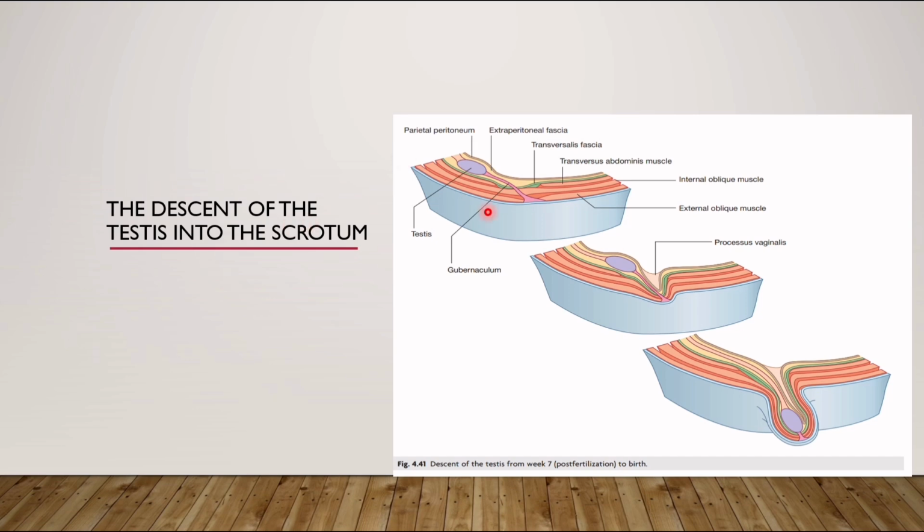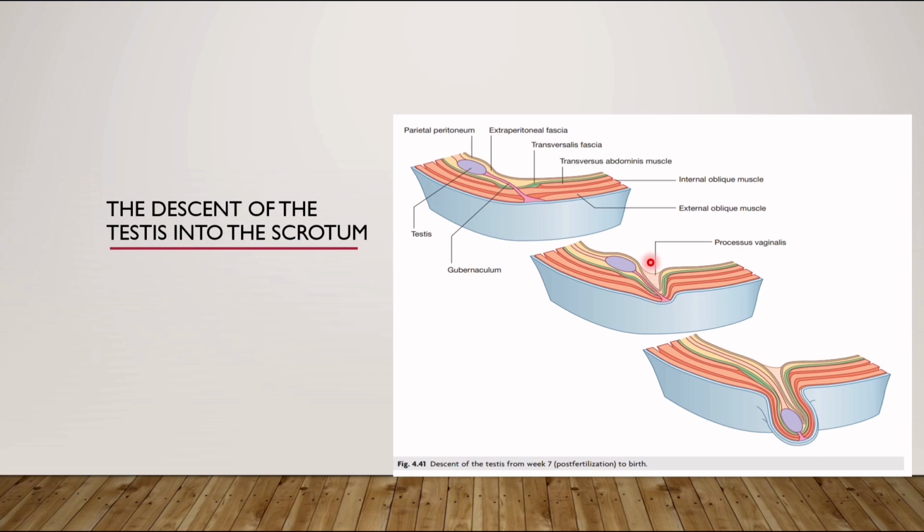Now, due to the lengthening of the fetus, and also due to the connection with the gubernaculum, which is just a connecting stalk which connects the tip of the testes to the developing scrotum, we see that as the baby lengthens, the testes are pulled into the scrotum. And also due to the processus vaginalis, which is just a diverticulum or an inward